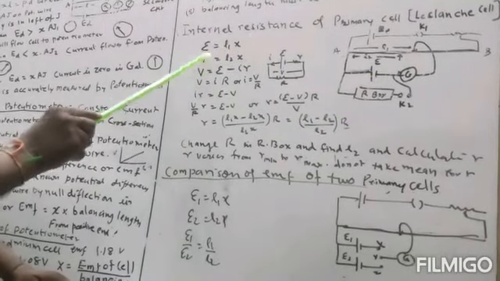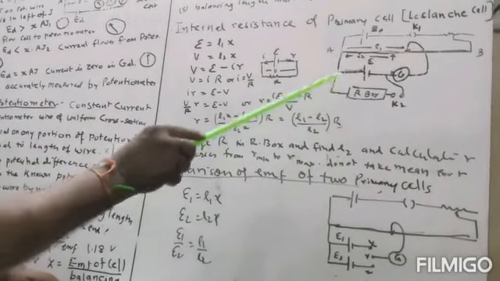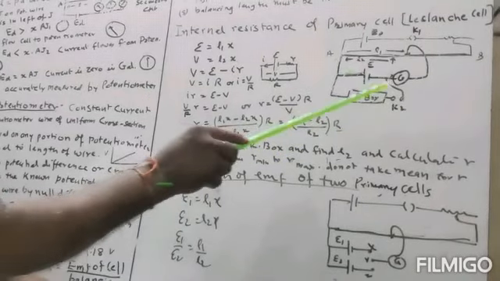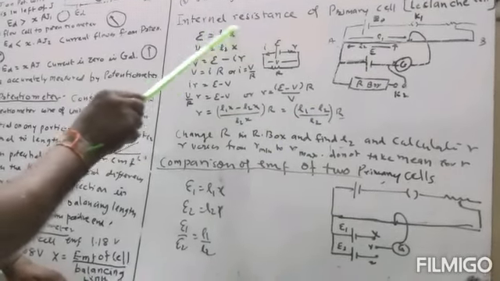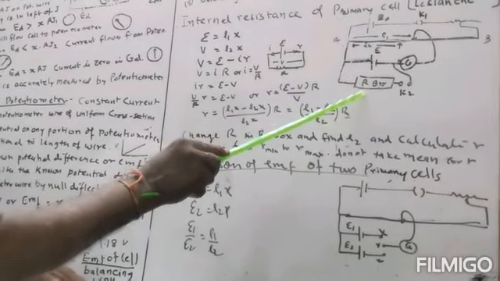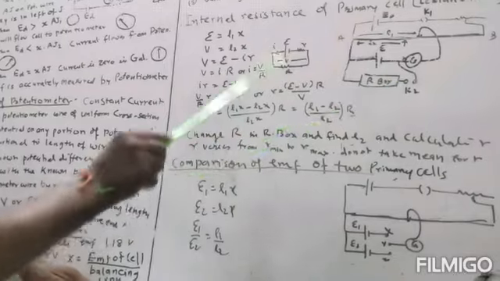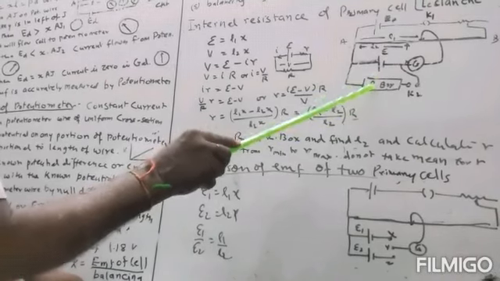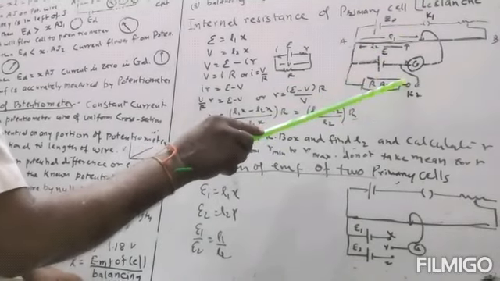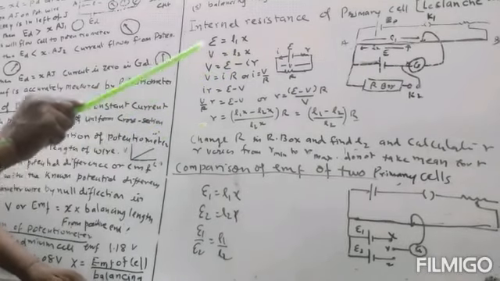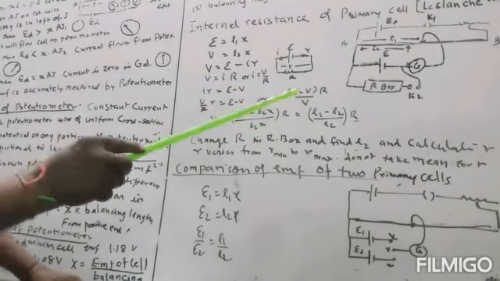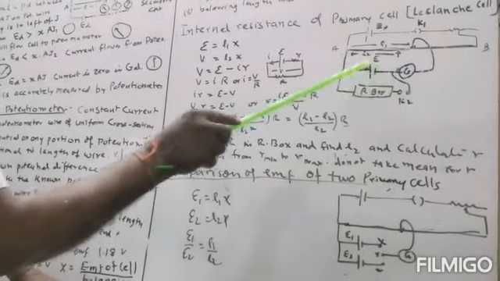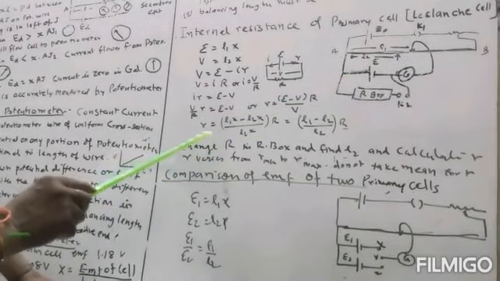L1 is fixed. First we find L1, when the key is open, we will get the E and it is equal to L1. L1 is fixed. Now we have a resistance R1 equal to 1 ohm, and we find the balancing length L2, and we will calculate the value of r. Then we change the value of R here to 2 ohm. Again we find the balancing length L2, that will be different, and again we find r. So we will take 6 readings by changing R from 1 to 6 ohm, and we find the value of r.